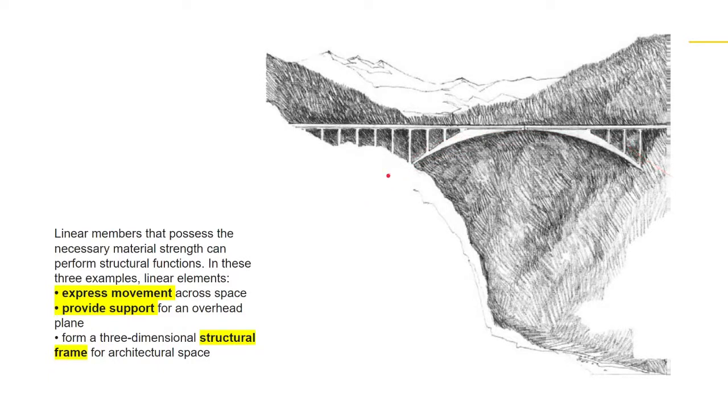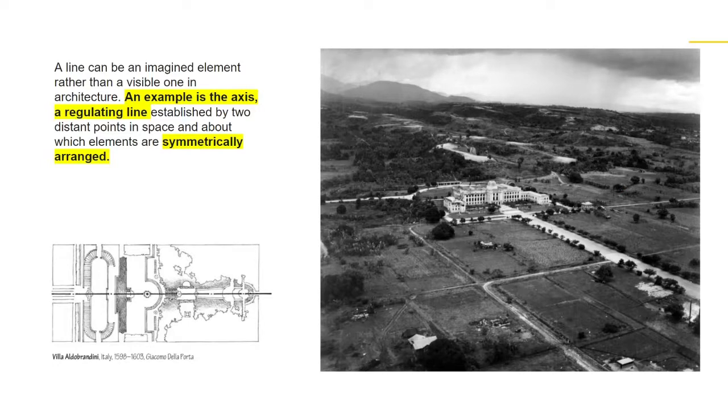The curved line would actually bring up a structural support that adheres to the vertical and to the horizontal plane. Therefore you have a three-dimensional structural frame. So a line can be an imagined element, rather than a visible one in architecture. An example is the axis of a regulating line established by two distance points in space about which elements